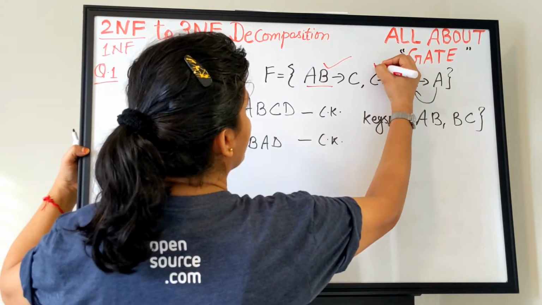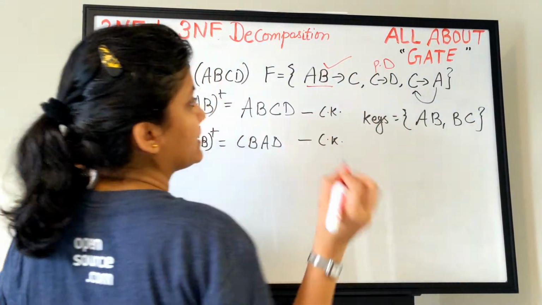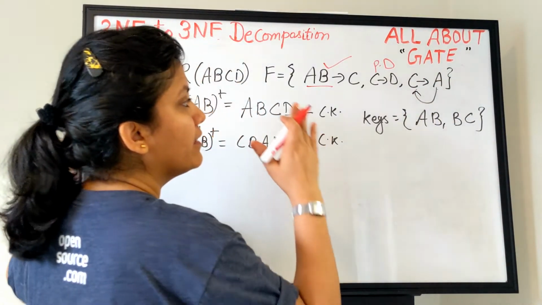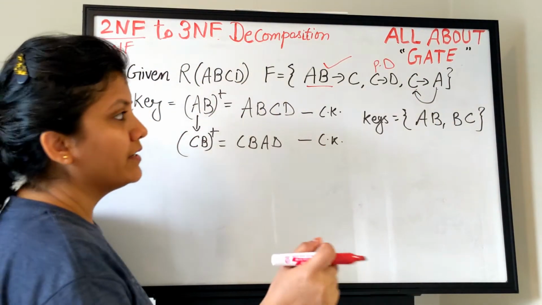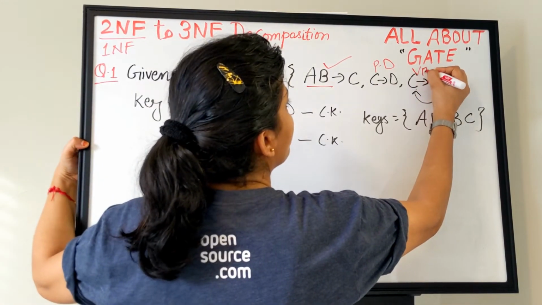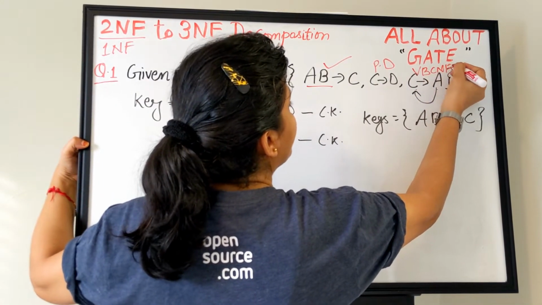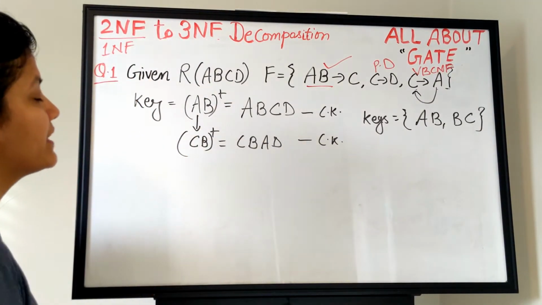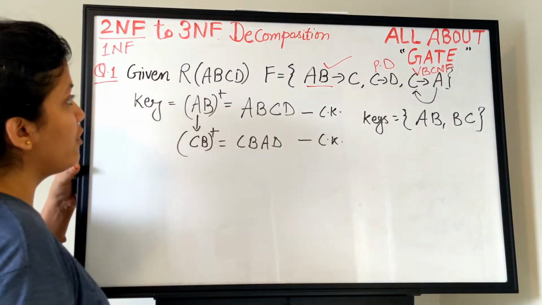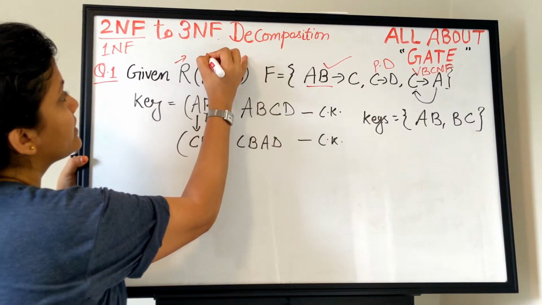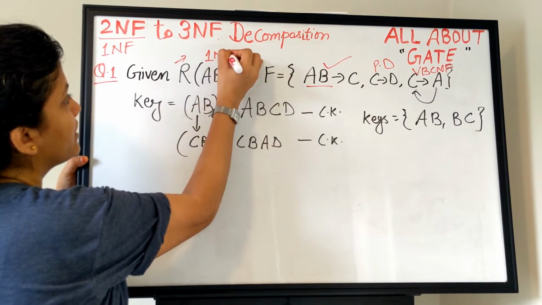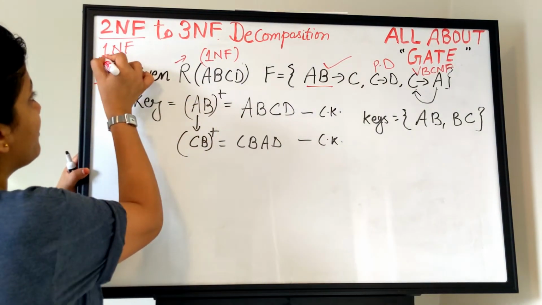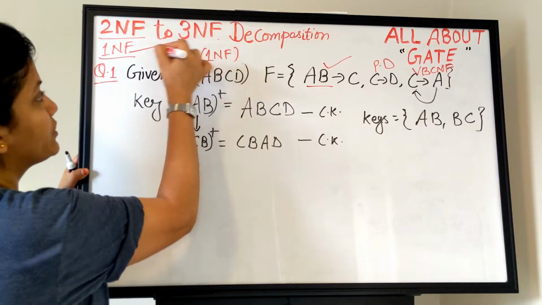What is the type of functional dependency? Partial dependency. Then there is C to A. What is C to A? Part of key to part of key. That is a violation of BCNF. And because we do have a partial dependency, what is the normal form for this existing relation? This is first normal form. The given relation is in first normal form, and we have to convert it into third normal form.